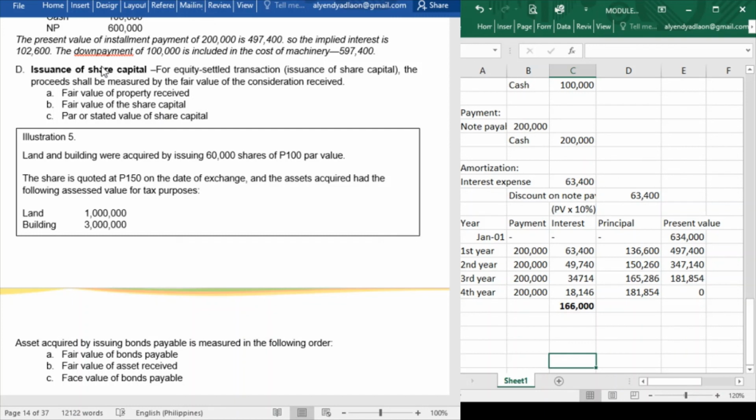Now, for the issuance of share capital, or where a property is acquired through the issuance of share capital, the property shall be measured at an amount equal to the following in the order of priority. So first,